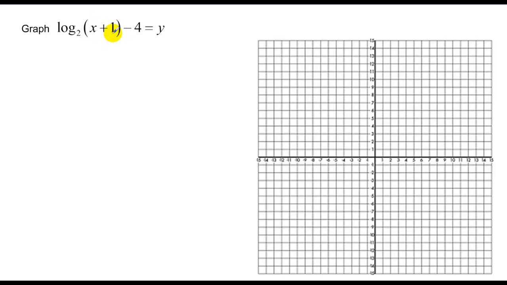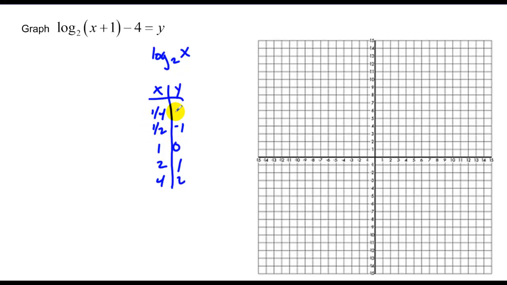So now we're going to use our translations, and these work the same as they have in every other problem that we've done. Again, we have a parent function of log base 2 of x, which we just graphed. So I know I have some points of 1, 0, 2, 1, 4, 2. We went 1 half, -1, 1 fourth, -2. And we have an h value equaling -1 and a k value equaling -4. So if I go over 1 and down 4,